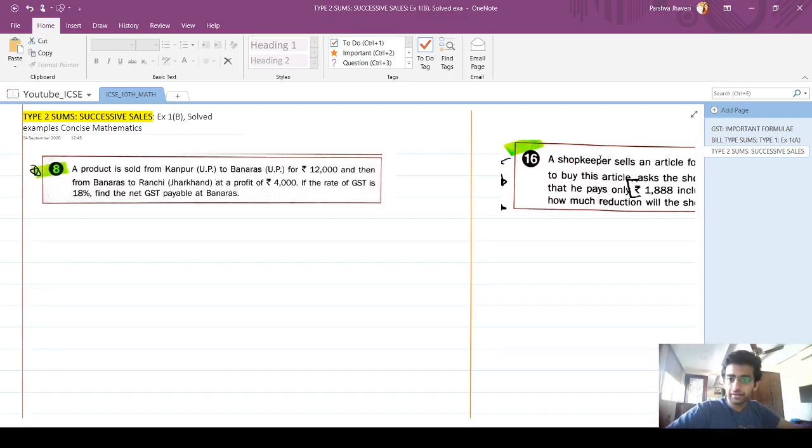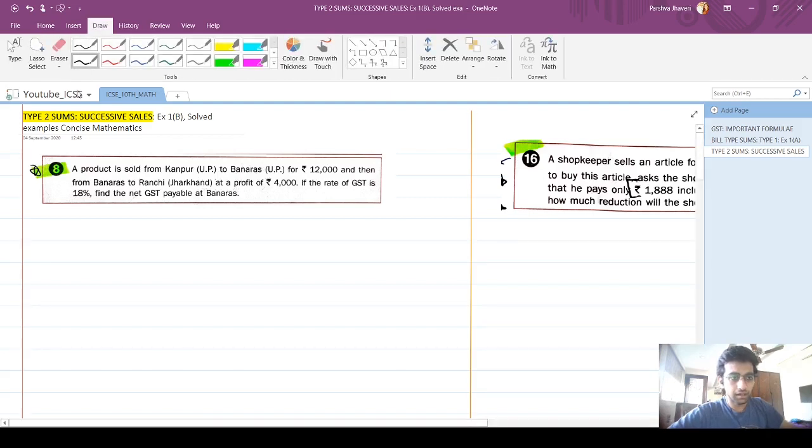Again, I'll be looking at sums from Concise Mathematics. These are some very famous types that are usually asked in the boards, okay? And I will help you solve them. You don't need to know any complicated formulae for these. It's a very simple solution. There's a method which I will be following. Once you go through that, you'll be able to solve these sums pretty simply, right? So let's get started. Let's look at our first sum.